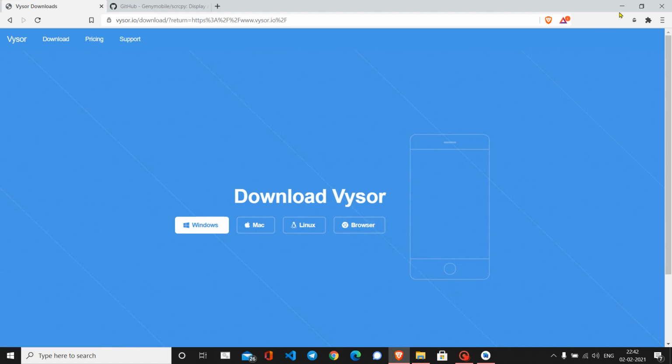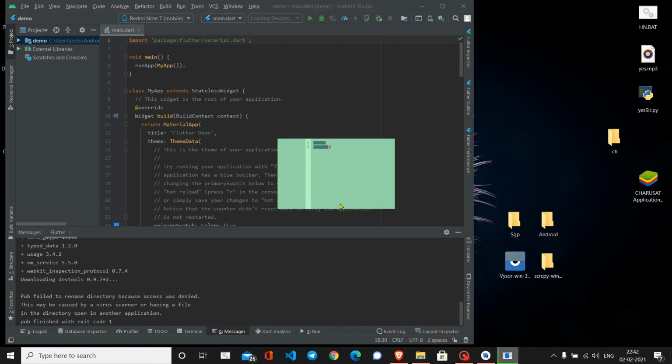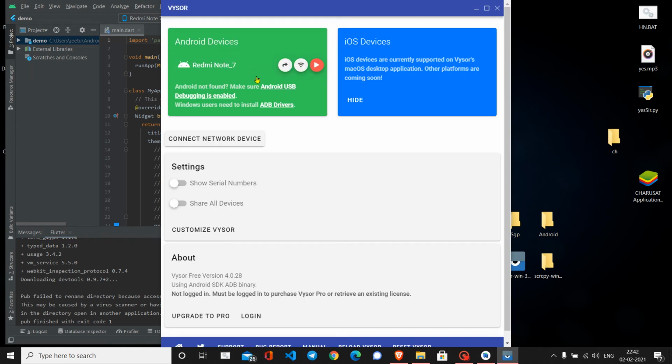Then you just need to open the downloaded exe file, and it will directly detect if you have correctly turned on USB debugging. It should detect your mobile and show over here that there is one Android device found, named Redmi Note 7, which is my device.